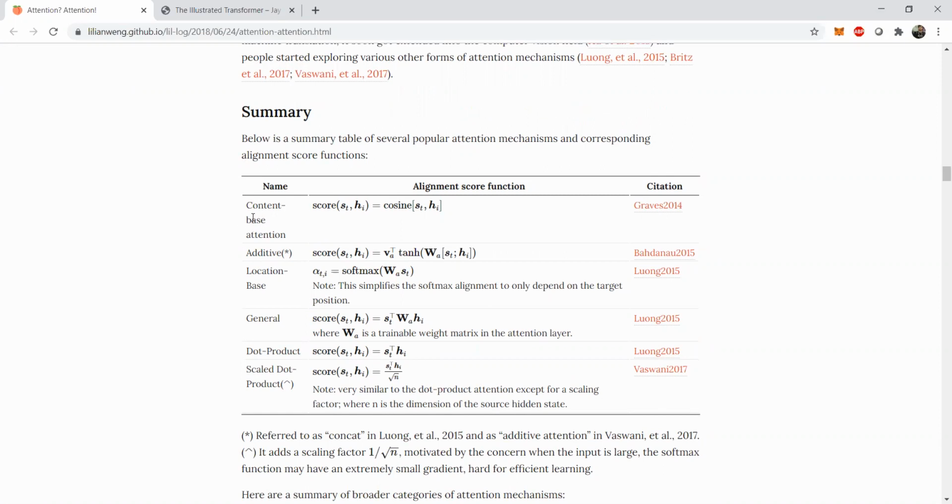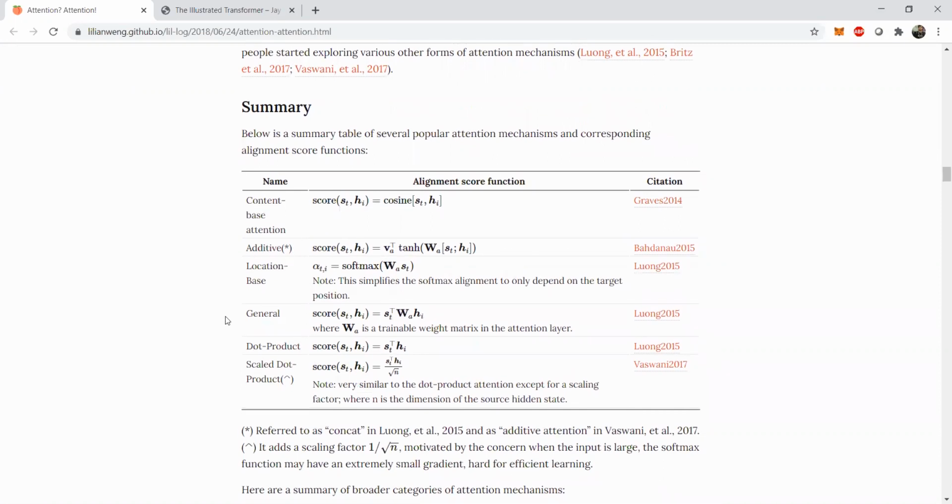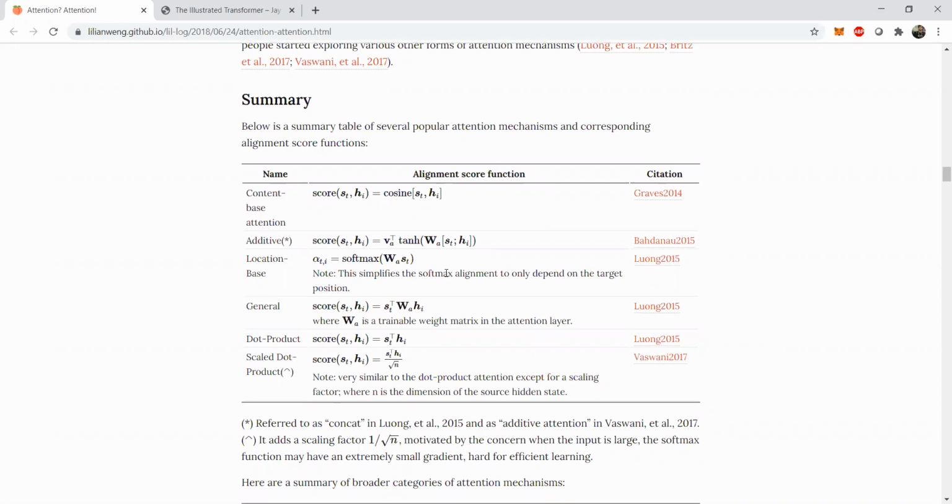That is, one is called the context-based attention, where we apply a cosine transformation. We have an additive formulation that we saw now, called Bahdanau, which is one of the most famous. We also have a location-based or multiplicative style known as the Luong attention. The Luong attention is nothing but, instead of having an additive style, we are effectively multiplying the individual attention weight vectors, and then we are taking a softmax distribution out from it. This simplifies the softmax alignment to only depend on the target position. So this can be considered as a blend between both global and local attention, which we will cover in a few moments.